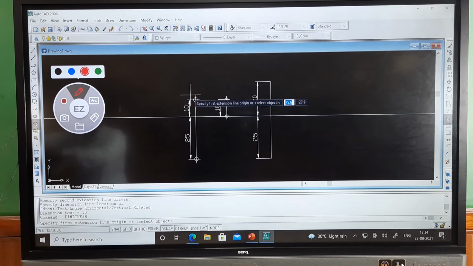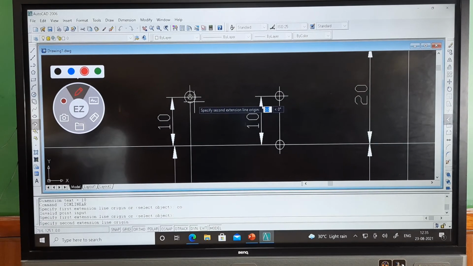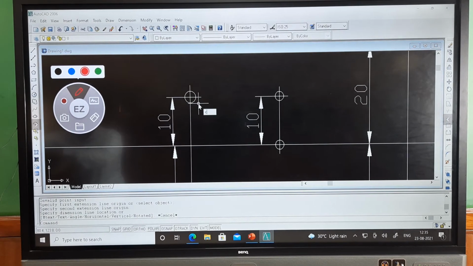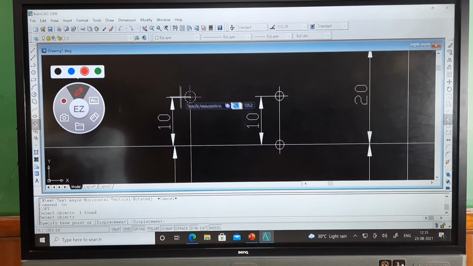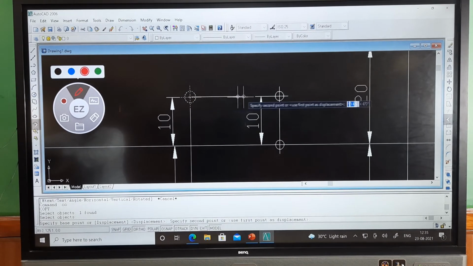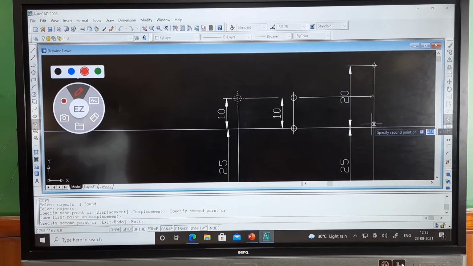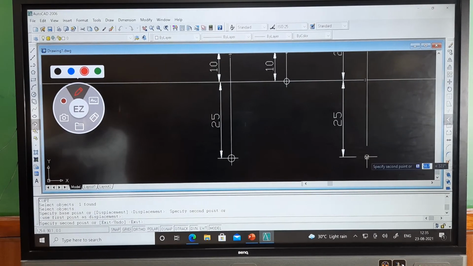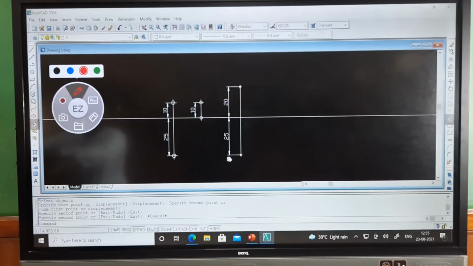Now I have to project the point. What I will do, I can copy the object also. CO enter. I will select this object. If you see this, I am selecting the point. CO enter. Select the object. Enter. Select the center point. Click on the center point, and I want it at this point and at this point. So by this I have selected the point style. So point C I also got.